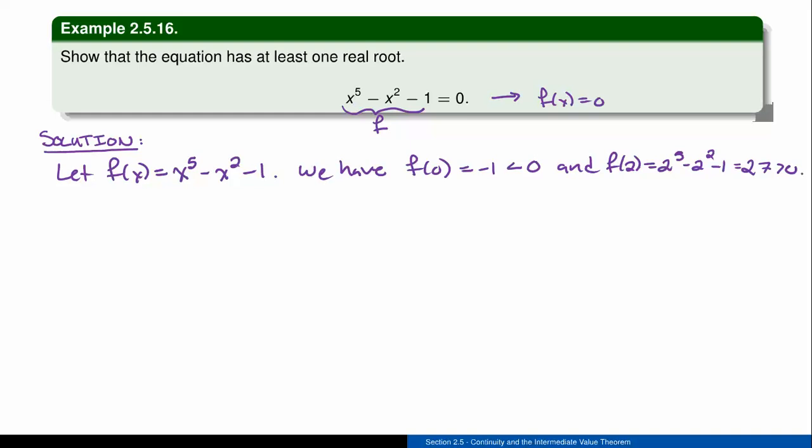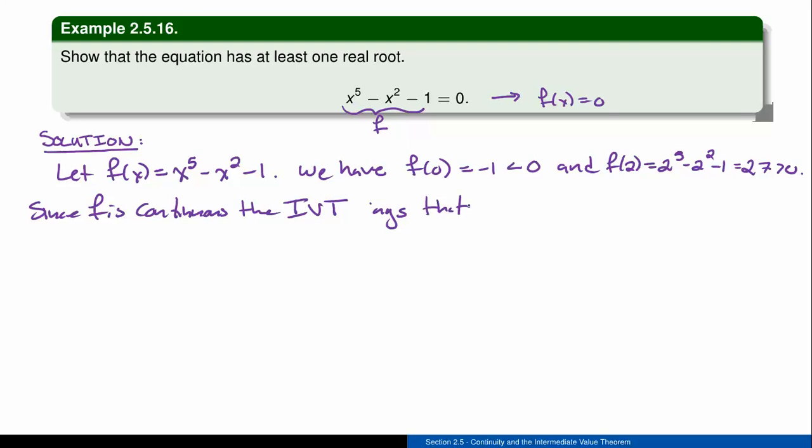To kick in the intermediate value theorem, I do require that these functions are continuous. In this case, my function f is a polynomial, and these are very nice, kind of the best case functions you can work with. So they're most certainly going to be continuous. So I'm going to state that since f is continuous, in this case because it's a polynomial, the intermediate value theorem now kicks in. So the intermediate value theorem says